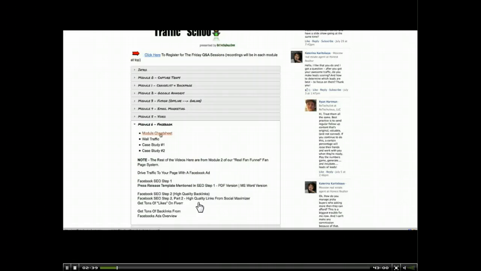Now, the best place to start is the cheat sheet, which is a PDF that you download. Then I talk about getting wall traffic, and then the case studies are breaking down a pay-per-click ad driving traffic to a page and a pay-per-click ad driving traffic to an external page, meaning a page not on Facebook, so not a fan page. Ryan is also going to load up there